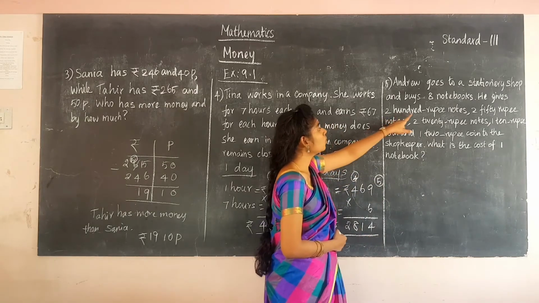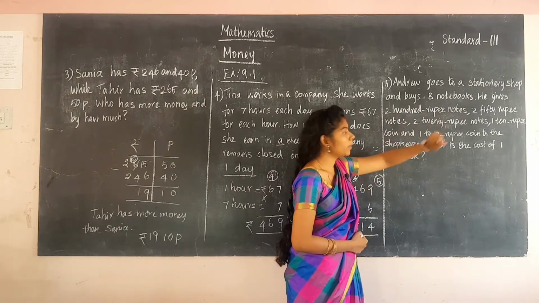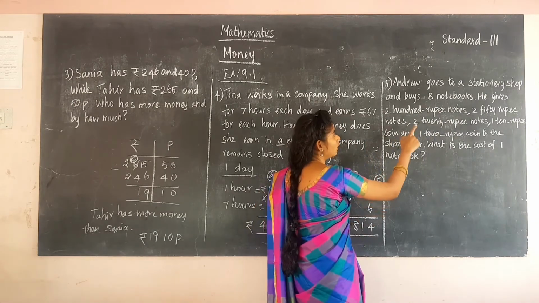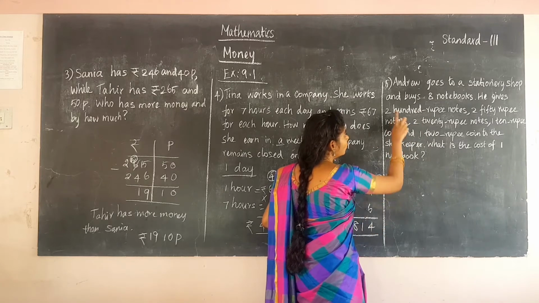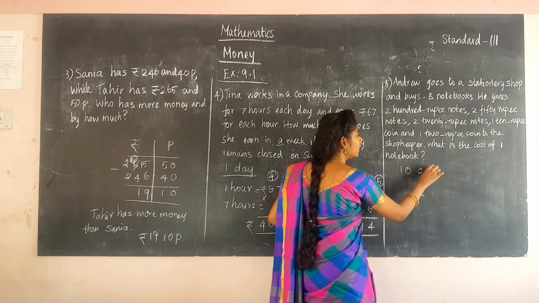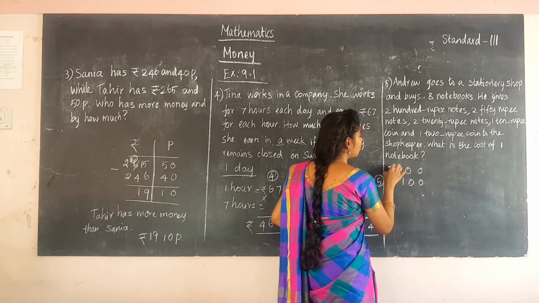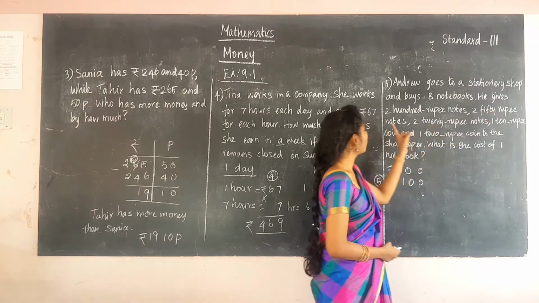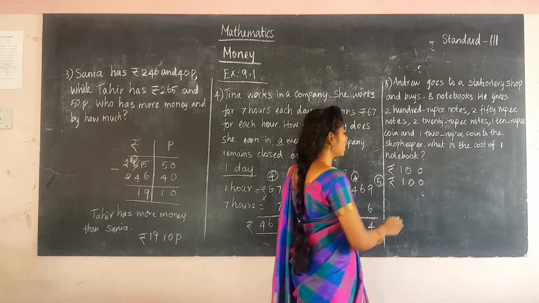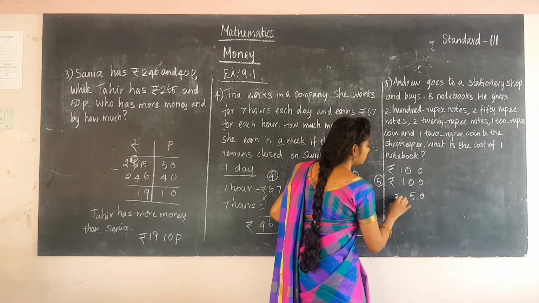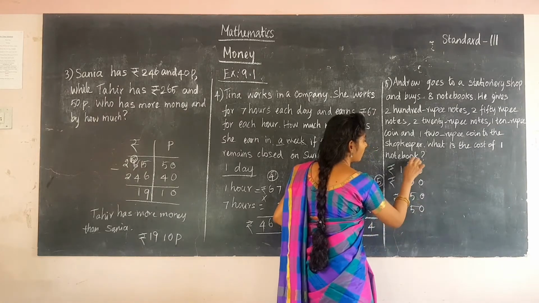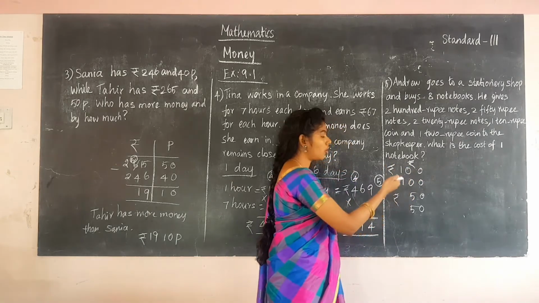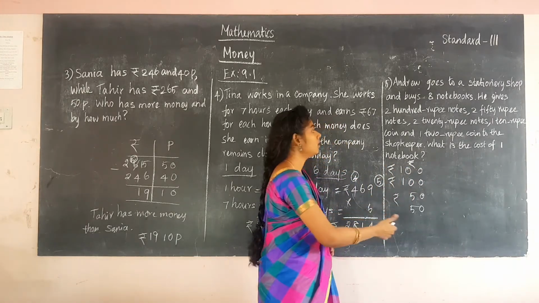First what is given: 100 rupee notes, he is giving 2 notes. So totally 200 rupees. Write as 100 rupees and another 100 rupees note. 200 rupees he is giving. And then see, 250 rupee notes he is giving. Write the rupees here, or otherwise at the top you can write. For adding only, at last you can write the rupees.